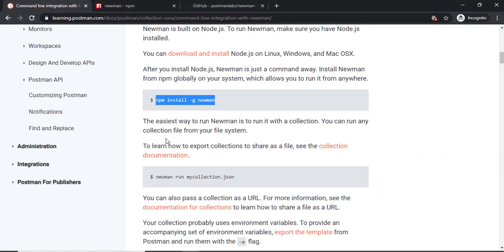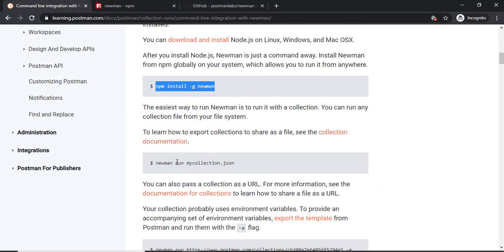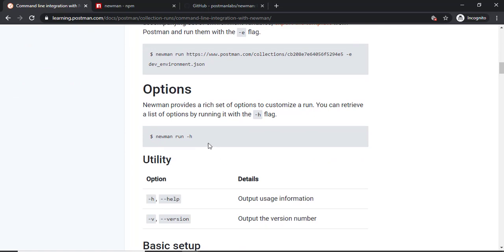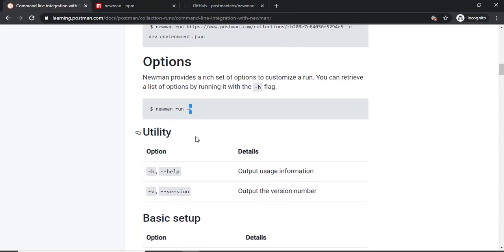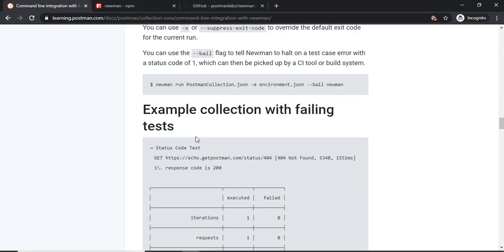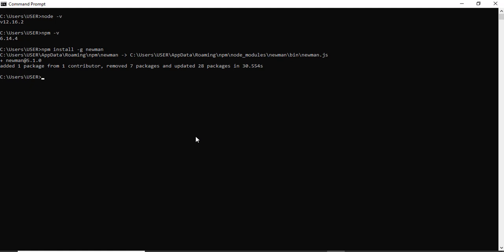Okay, in the meanwhile I will show you how we can run it. So basically Newman has just one command called run, and you can provide the direct collection which you want to run and it will automatically run your complete collection. Okay, so if you come down here, you will see they have multiple options apart from the one which we have, like you can directly give the collection and it will start. But in case you want to see the different options which they have, you just mention help or just say -h and it will give you all the options which they have right now. Okay, so let me show you.